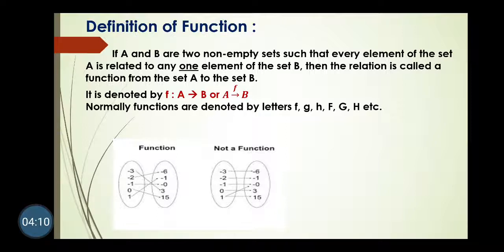See here in the diagram, in the first one every value of the domain corresponds with a value of the codomain. It is a single-valued relation. Therefore, this is called a function. But in the second one, on the domain side, the one is related with two values. Also, -1 and 1 are related with one value, which is 0. Therefore, this is not a function, because each element must relate to only one element of the set B.